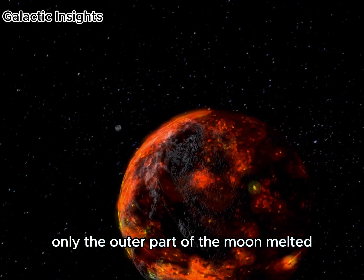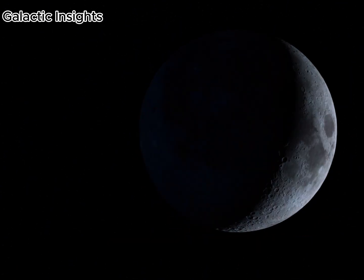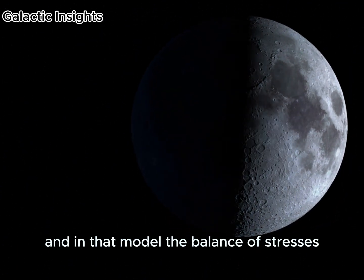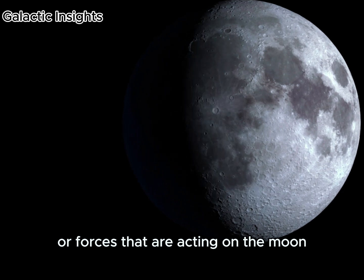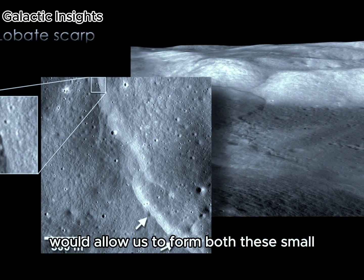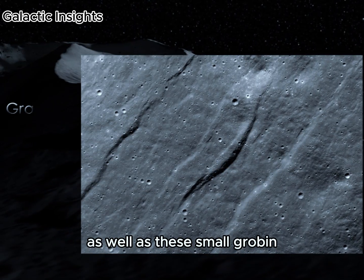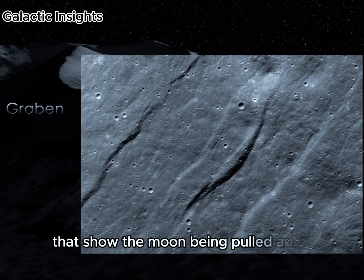Only the outer part of the Moon melted, forming what is called a magma ocean. And in that model, the balance of stresses or forces that are acting on the Moon would allow us to form both these small lobate scarps that show contraction, as well as these small graben that show the Moon being